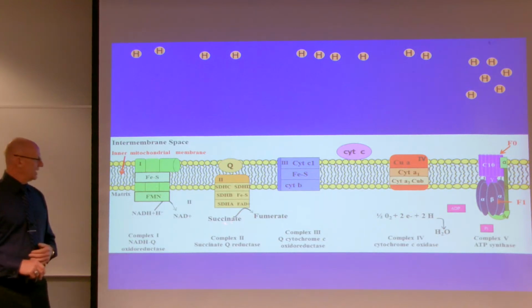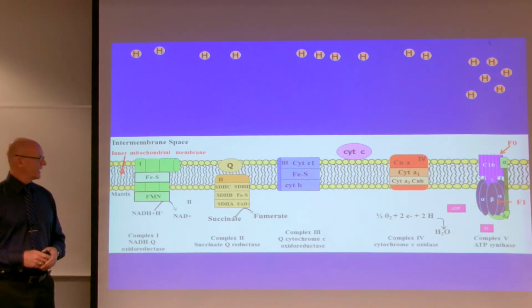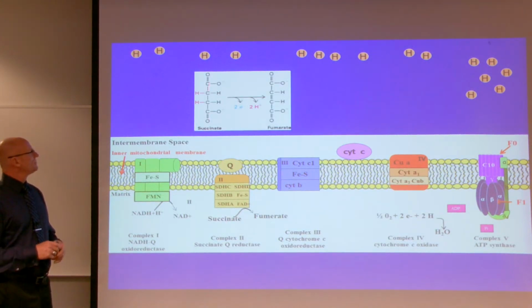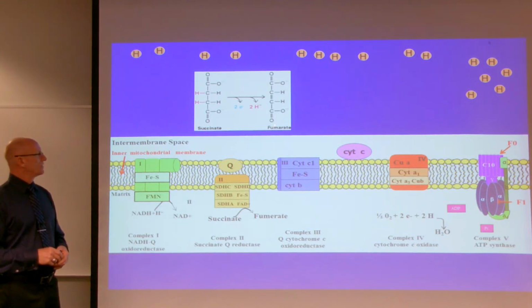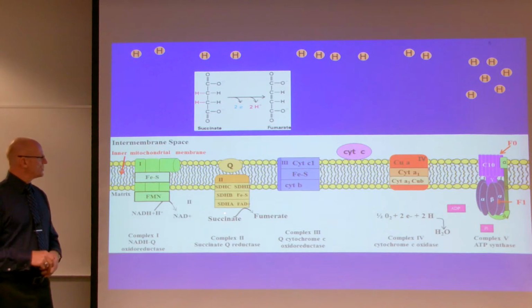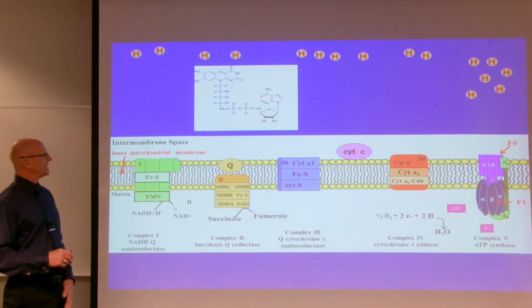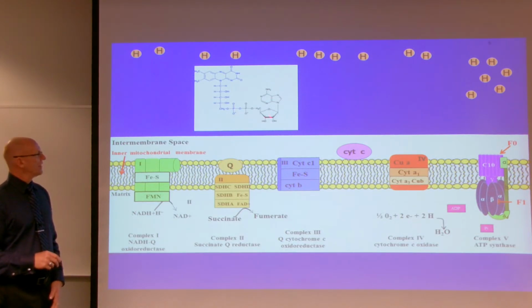Now from succinate, an intermediate in the tricarboxylic acid cycle, it would become oxidized to fumarate. This is succinate, and as we lose 2 of these electrons and 2 hydrogens, it will be converted to fumarate. Those 2 electrons will be accepted by the oxidized form of flavin adenine dinucleotide to its reduced form. This is the flavin adenine dinucleotide. Here is the isoalloxazine ring, the 5-carbon sugar, its phosphate, and another nucleotide, the adenine nitrogenous base, its 5-carbon sugar